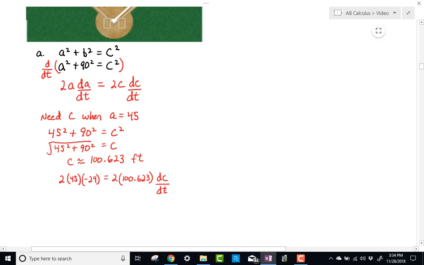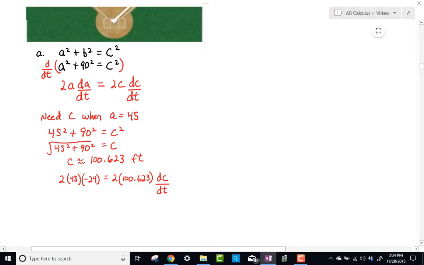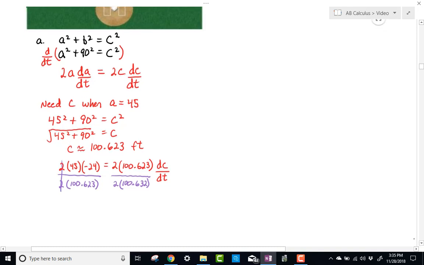Let's see here. I'm going to simply divide both sides. I'll do this in my calculator in a minute, but I'm going to divide both sides by 2 times 100.623. I'm going to divide this side by the same thing, 2 times 100.623. Right away I notice the 2's are going to cancel, so I just need to punch that in my calculator and figure out what that equals. When I do that, I end up with dC/dt